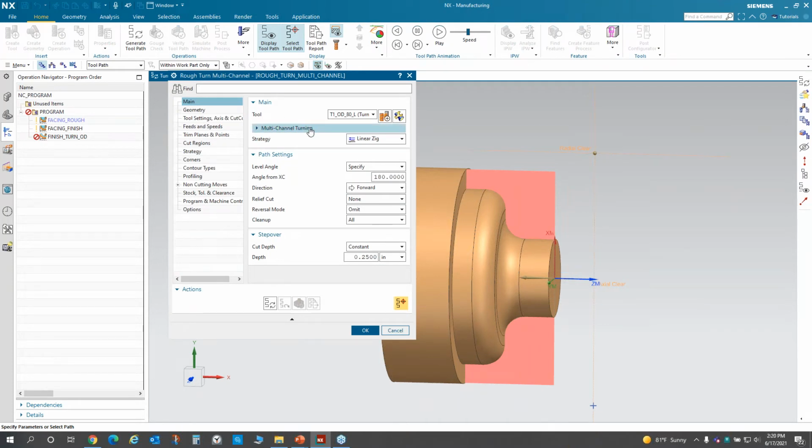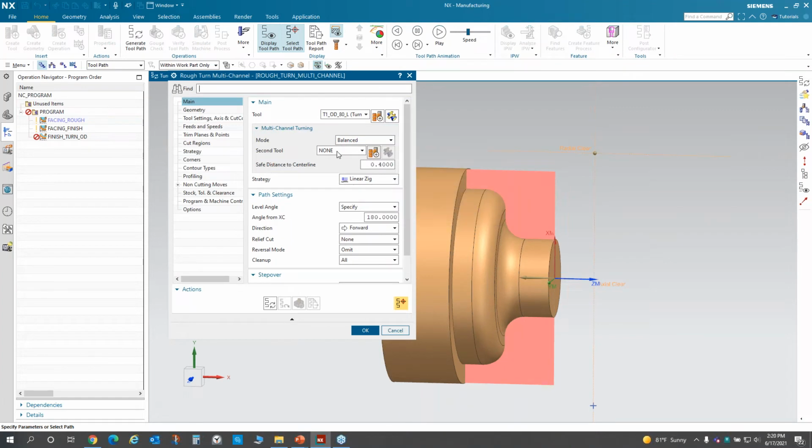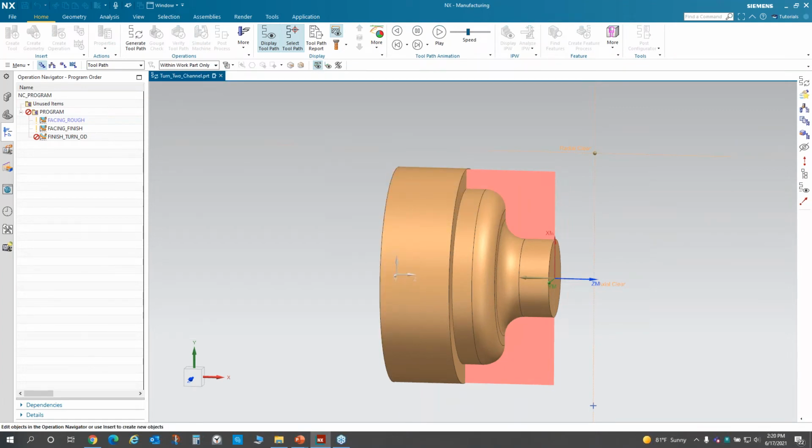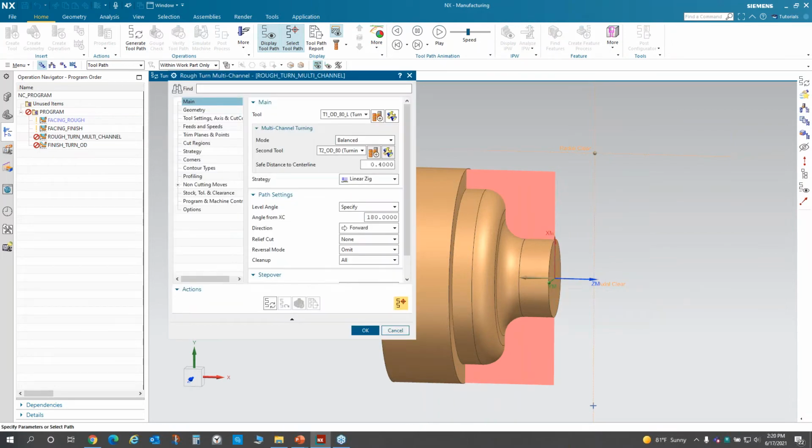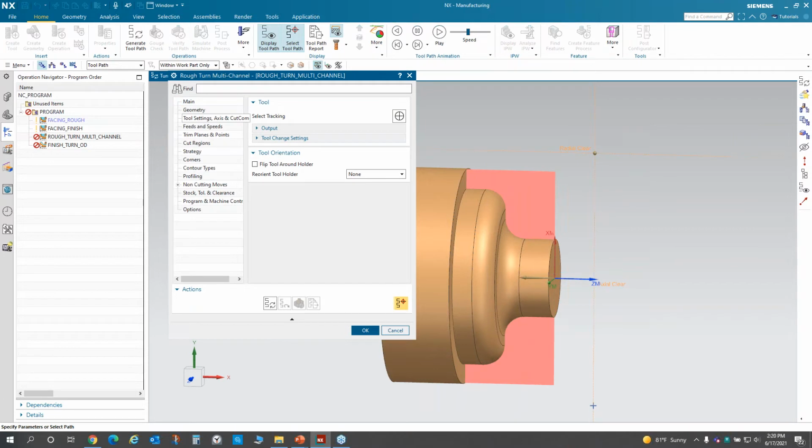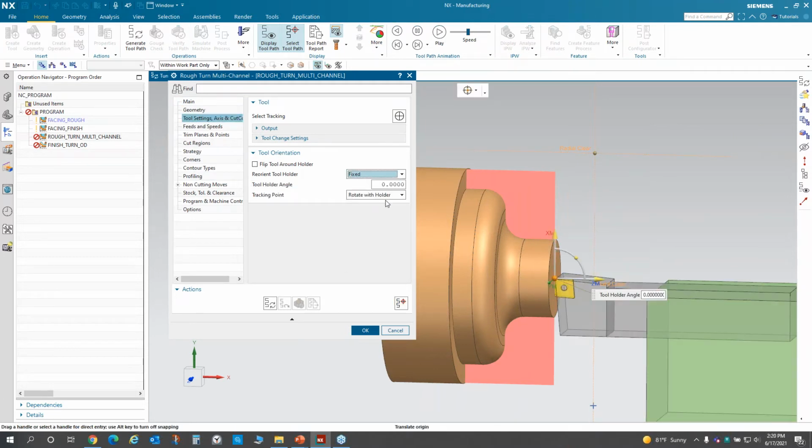And the first thing I'm going to do is go right to the multi-channel area, and tell it what the second tool is, and I'm going to use T2 for the one in turret 2. And I know because of the way this package is set up, I need to reorient the holder 90 degrees, and you can tell from the picture. So I think I'm going to put a 90 in,